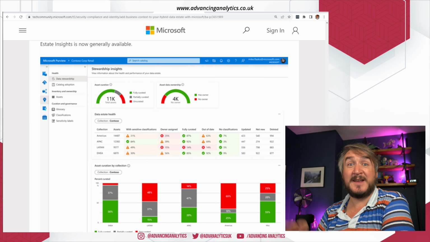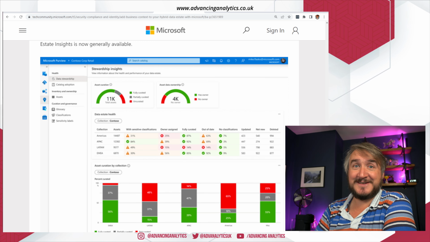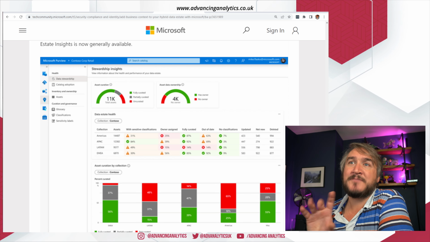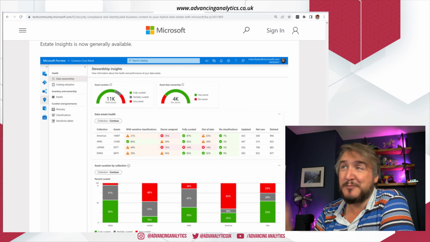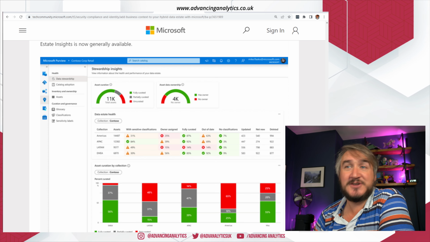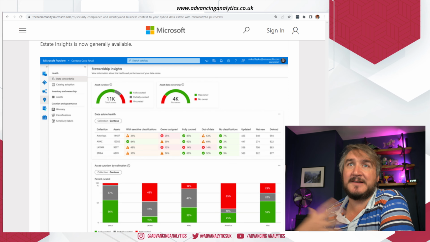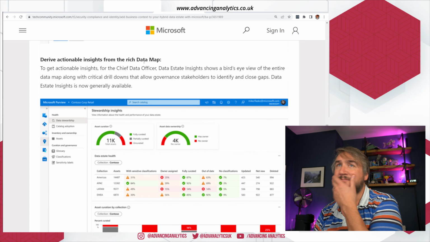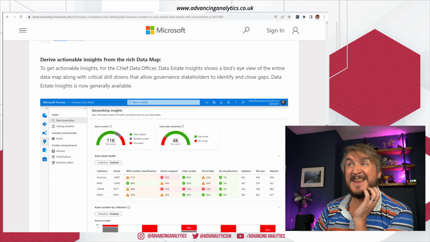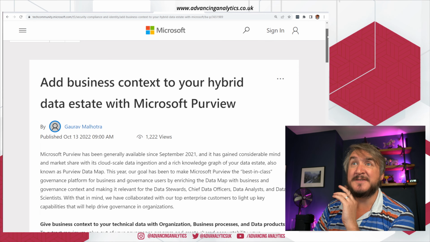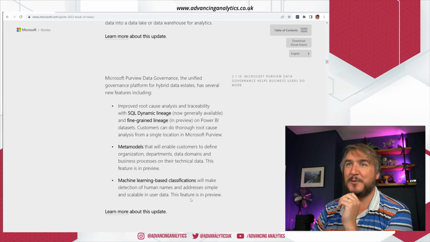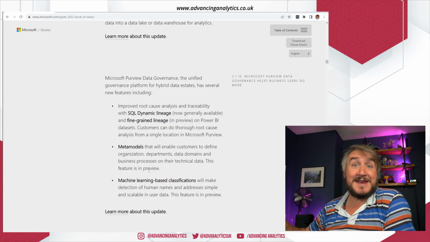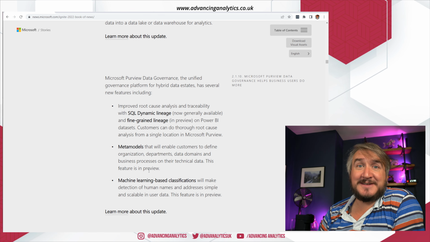So whereas previously it was just, here's a load of information, this is how many data sources you have, I've got a sensitive bank of data in there, this is now saying you have incomplete information. You need to go and finish mapping your data. It's a little bit more actionable, insight driven. So yeah, really happy actually seeing all those changes going into Purview. Just a little bit weird that we have a real light summary, when there's way more to it when you actually dig and find that blog post.